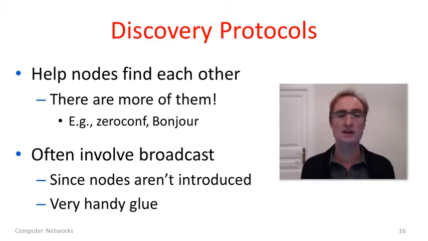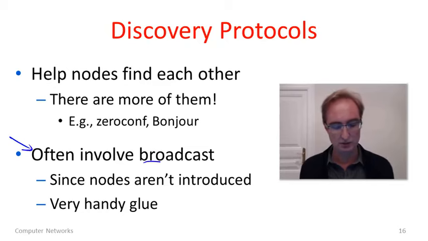I'll just make a few comments. Both ARP and DHCP contain elements of discovery protocols. So these are protocols that help nodes find one another. They're very useful actually, and there are more of them. Some of you might have heard of ZeroConf, or if not, Bonjour. The Bonjour protocol is Apple's implementation essentially of ZeroConf. These protocols help other nodes find one another for many reasons. Often it's to do with configuration, and so typically in these protocols they use the broadcast trick that we just saw, where a message on a link